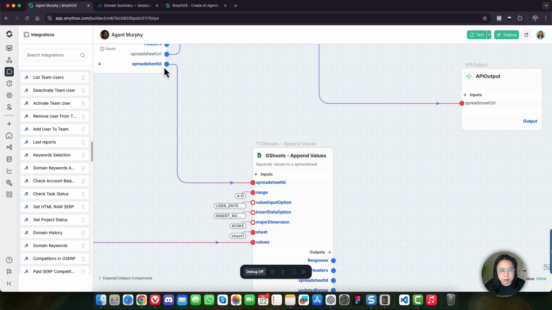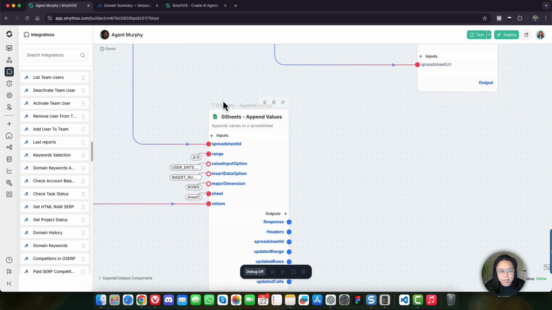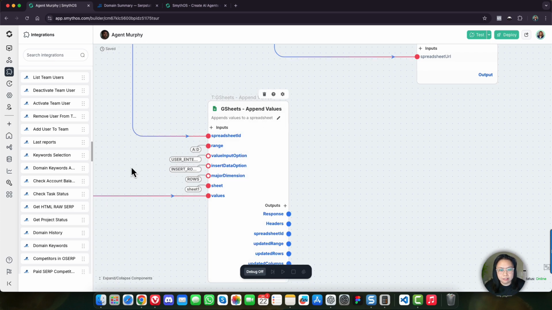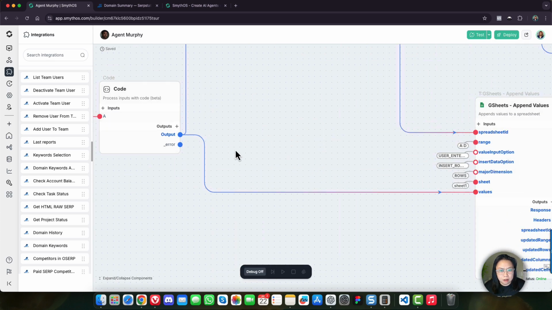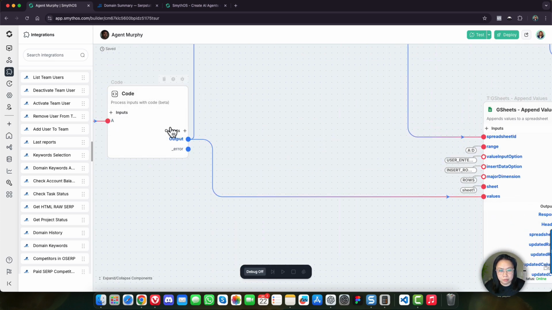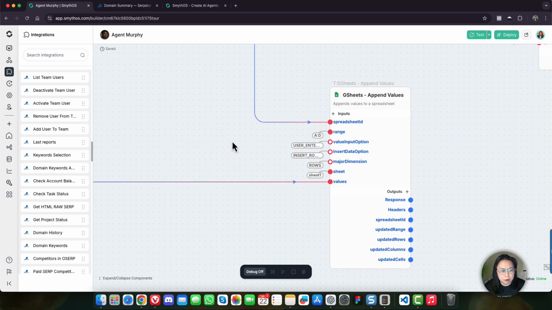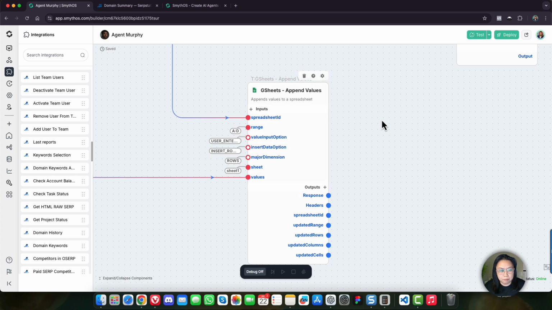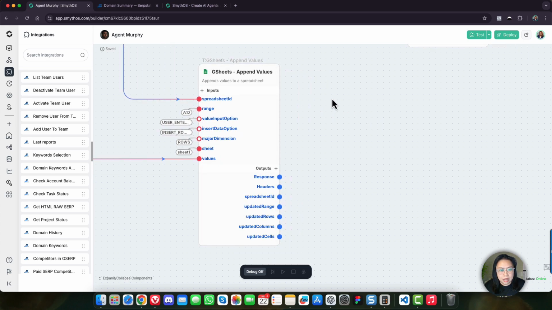We get the spreadsheet ID and pass it on to this next Google Spreadsheet API component. This one appends the values. After formatting the raw data through this code component, the formatted data gets passed to this Google Sheet API component, and what it does is append everything to the empty spreadsheet that we created through the previous component.